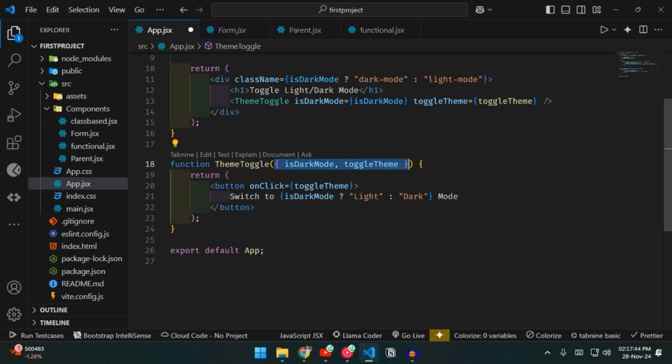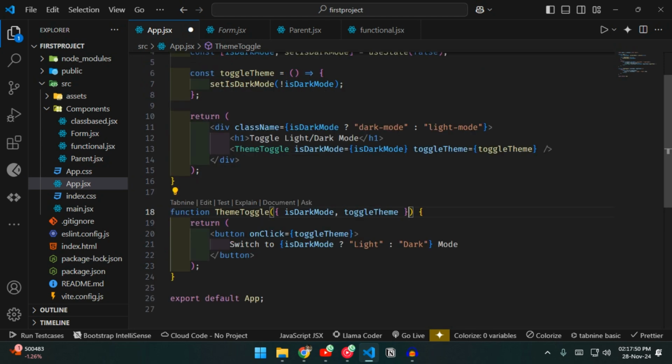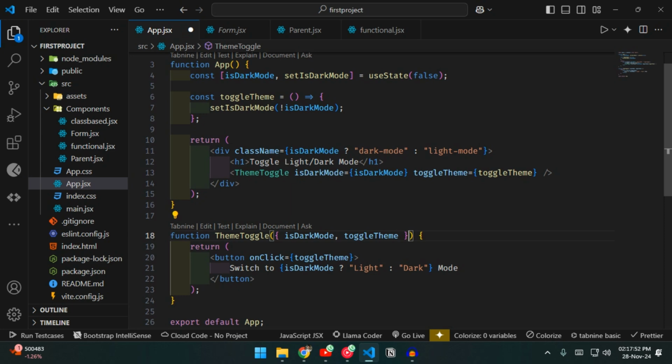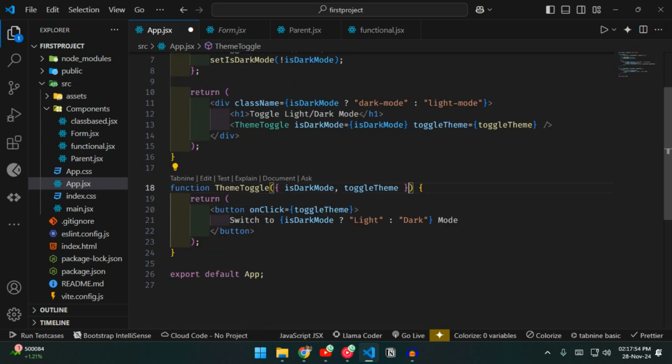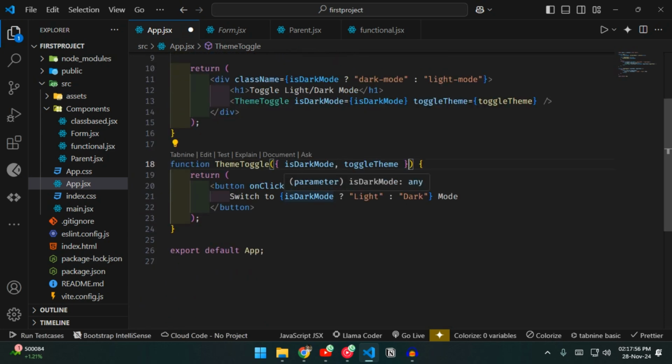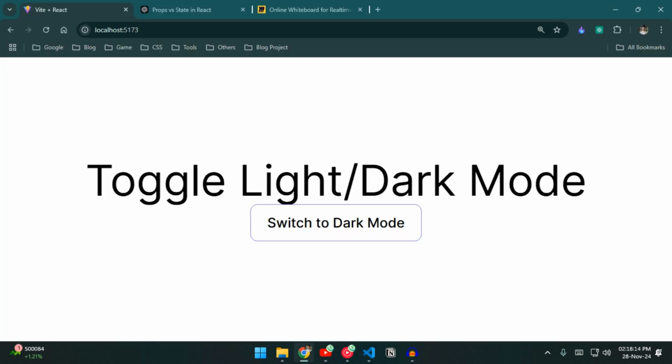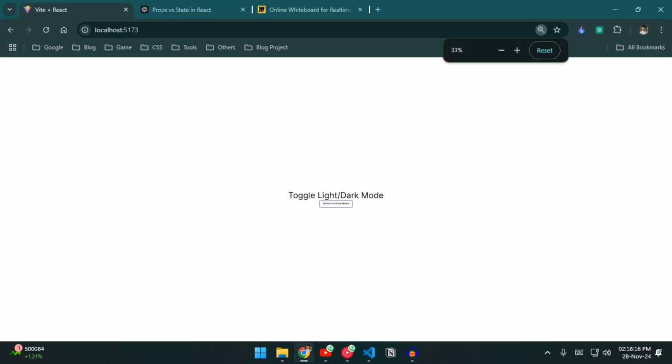Here, as you can see, we have an example of both state as well as props. This prop is being passed to this child component, and this child component is showing the button based on light mode or dark mode, and it is updating that state.